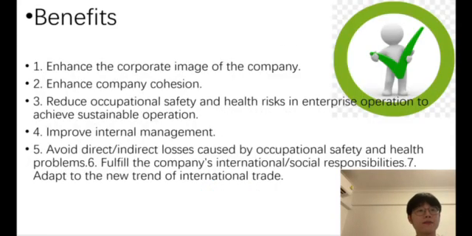These activities together constitute a health and safety management system. And there are some benefits. Enhance the corporate image of the company, enhance company cohesion, reduce occupational safety and health risk in company operation to achieve sustainable operation, improve internal management, avoid direct or indirect loss caused by occupational safety and health problems, fulfill the company's international and social responsibility, adapt to the new